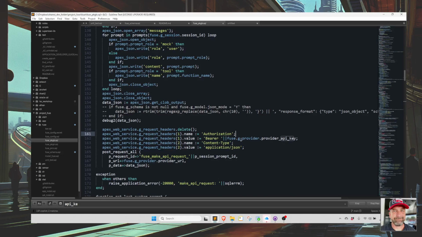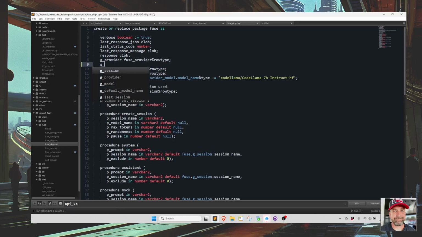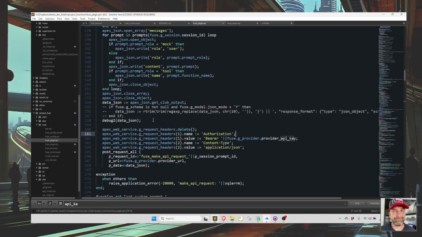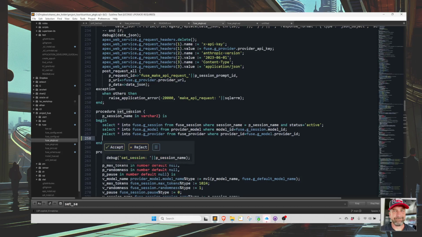Let's just do fuse. Let's do this. So when we set gprovider, let's go ahead and set gprovider API key, and that is going to be varchar2 512. We don't do default null here. So let's call this gprovider API key, and then when we do set session right here, we will do if